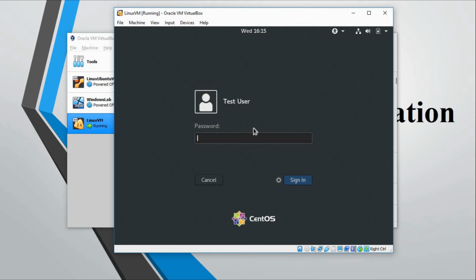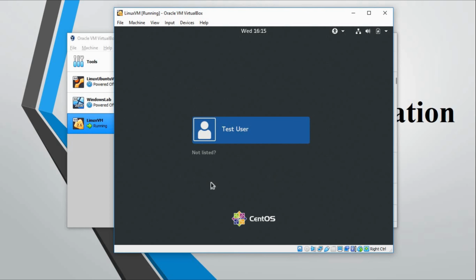It will log you in. But going back again, if you wanted to log in as root, then you can simply click on not listed and put the username as root and put the password. Anyways, I want to log in as test user, so I will put my password and click on sign in.